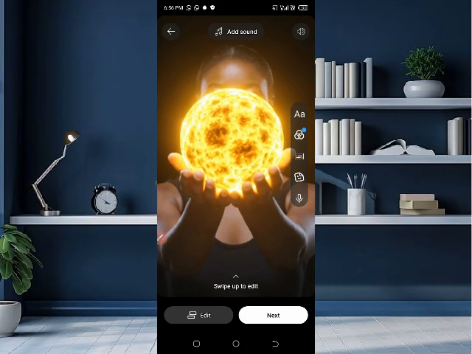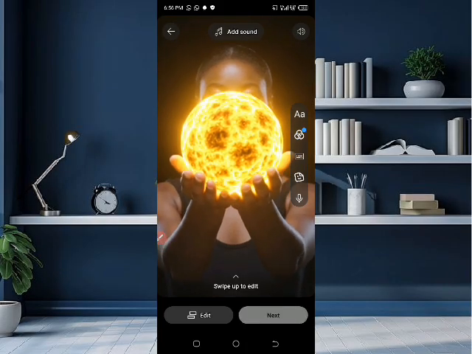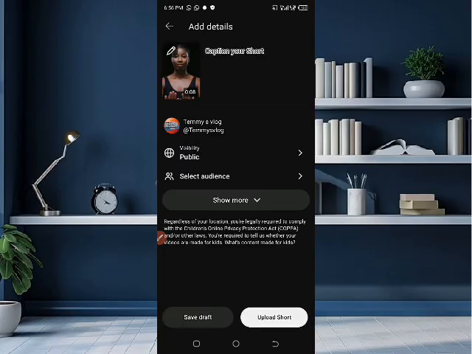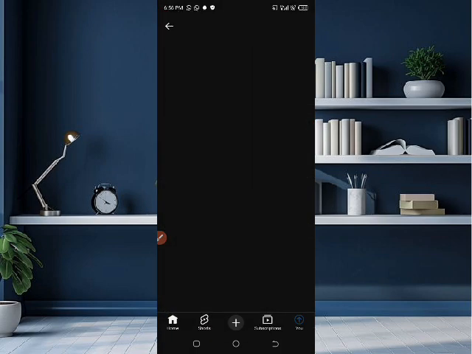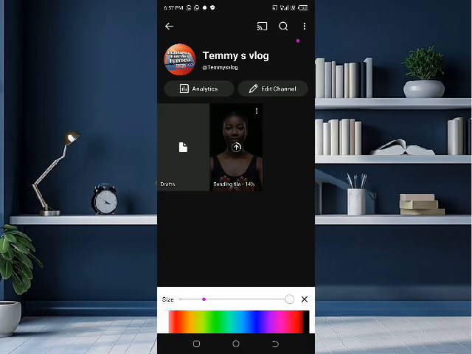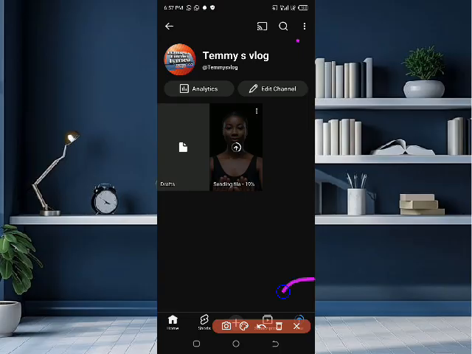Now, you press next. You press next again, and then you wait for it. Now you have your video. Now you press upload. When you press upload, you can see at the bottom like this that it brings these signs. So you wait for it to upload. Make sure you wait for it to upload. It doesn't take much time. Here like this, you can see the blue arrow covered with blue signs. So you wait for it to upload.